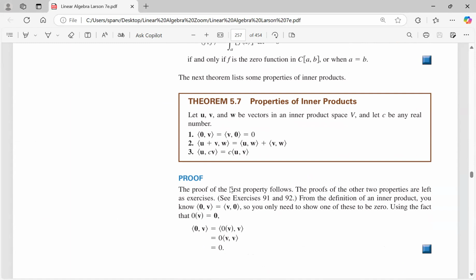The first one was a 0, scalar 0. That's the dot product of the 0 vector with any vector. It's commutative, of course, because of the symmetry axiom. And that will give you the scalar 0. Okay, and then the second one,